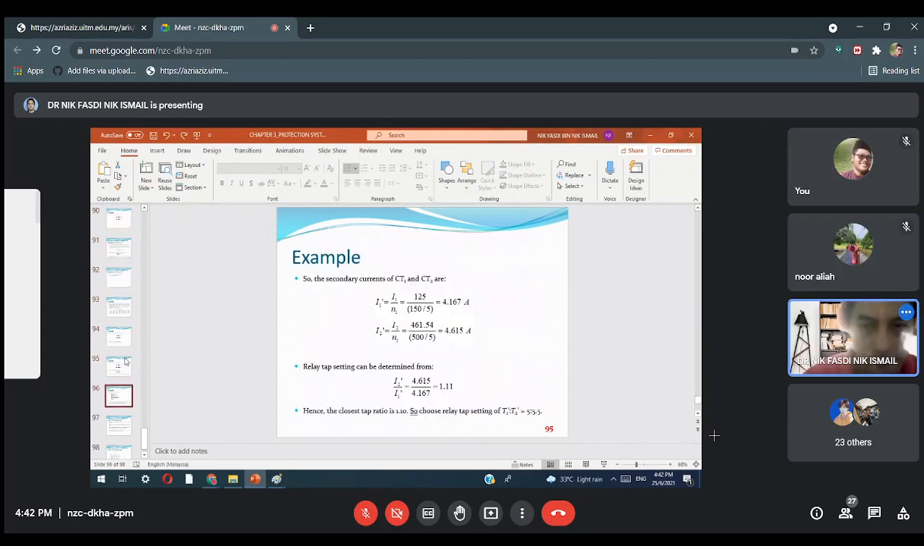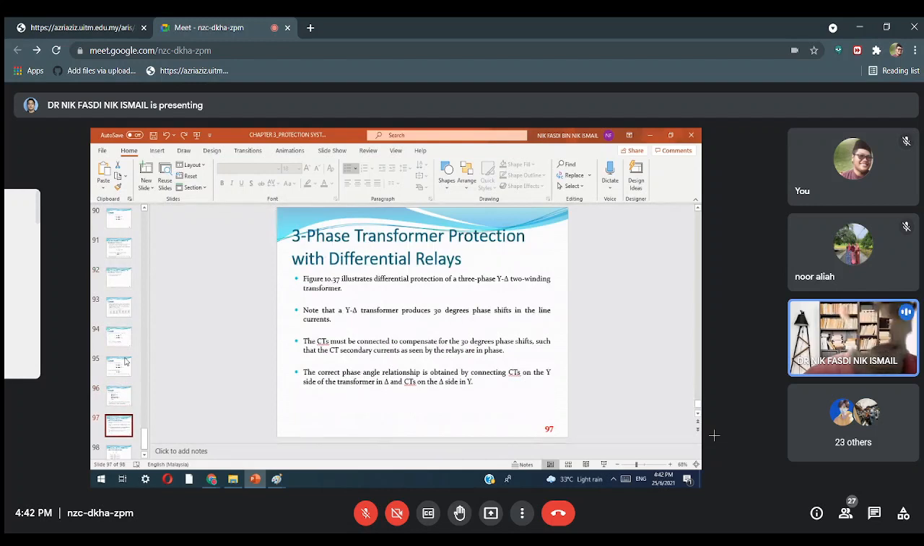Right. And the next one is three-phase transformer protection with differential relay. Banyak ada 3 slide lagi. Okay. The previous example is about single phase. Now 3 phase. Transformer you tahu kan, transformer dia ada connection single phase dan 3 phase. Dan star delta itu there's a